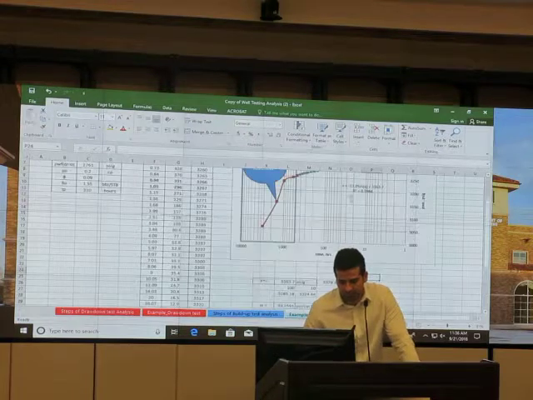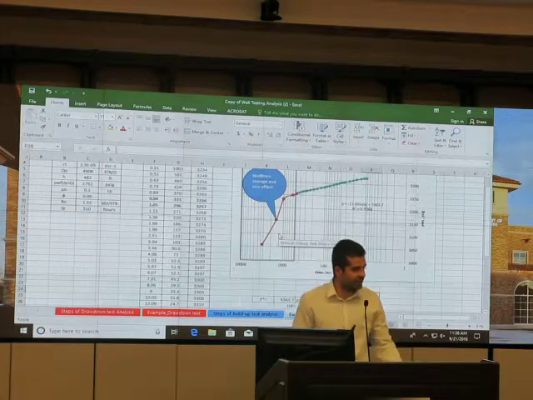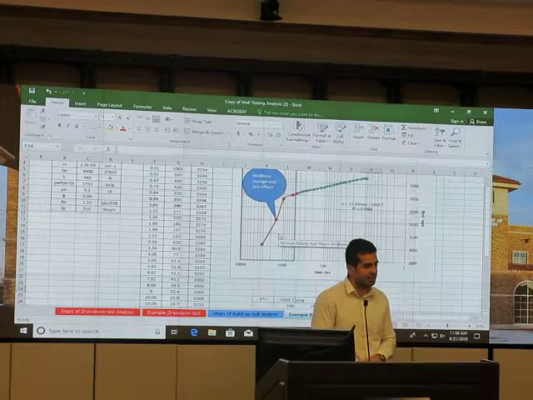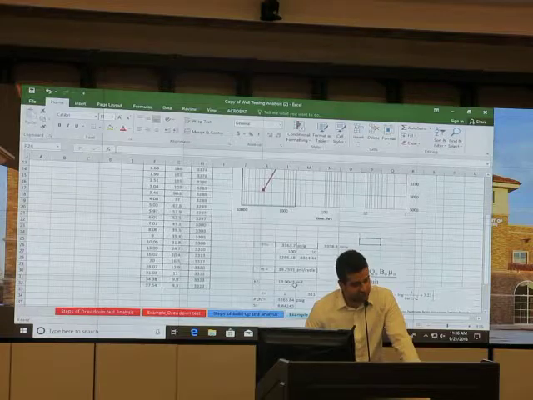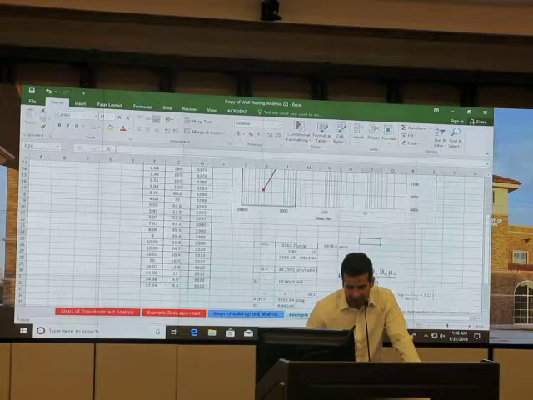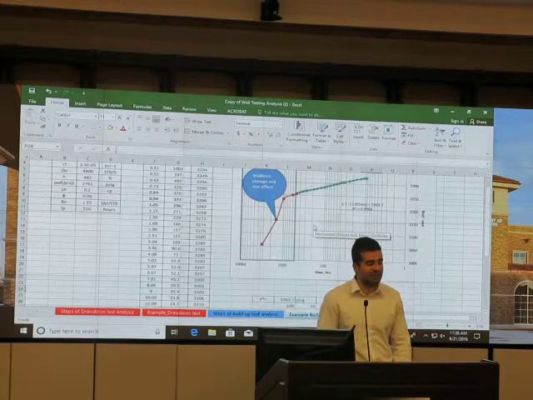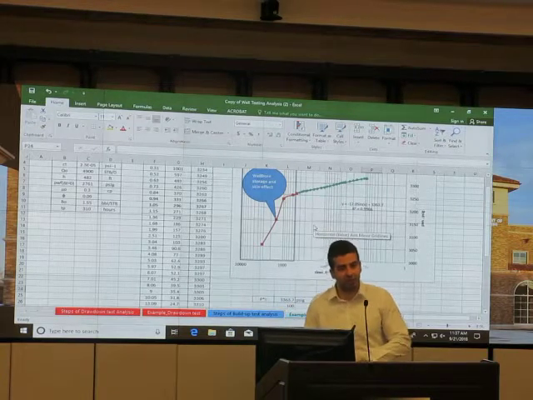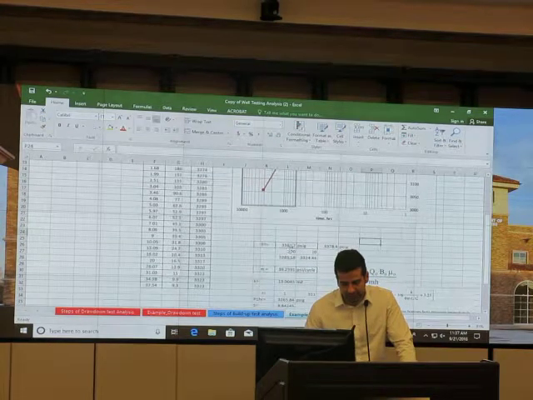So the equation here, which was given, you should be able to calculate it, because in calculus, if you have 2 points, you can get the slope and you can get the intercept. So for the one cycle, you get the K with no problem, because we already talked about how to get the slope. But this time, just make sure that you use Horner time when you're plotting data, and you have to use Horner time to calculate the slope as well.